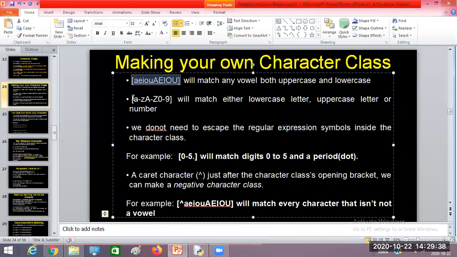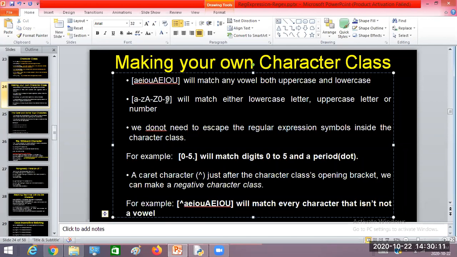Now try to understand. Suppose you want to match either an uppercase alphabet or a lowercase alphabet and only 0 to 9. There was an additional underscore in the \w, but I don't want to match the underscore. I want to match either a letter or a digit. Then you can go with this kind of character class: a to z, capital A to Z, 0 to 9. This is going to match a single letter or digit.